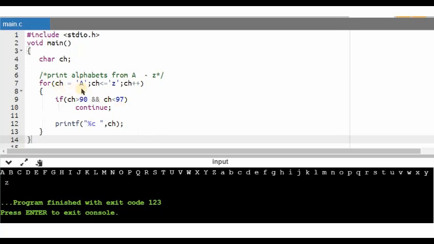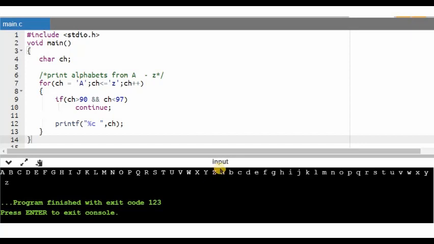So once again in my for loop, I'll start from capital letter A. The stopping criterion here is until ch reaches z. In this for loop, if ch is greater than 90 and less than 97, that is for the values of ch 91 till 96, we shouldn't do anything, we should simply continue with the loop. For all the other values, I should print the characters. Now if we check the output, we have all values from A till capital letter Z, that is till the value of ch reaches 90.